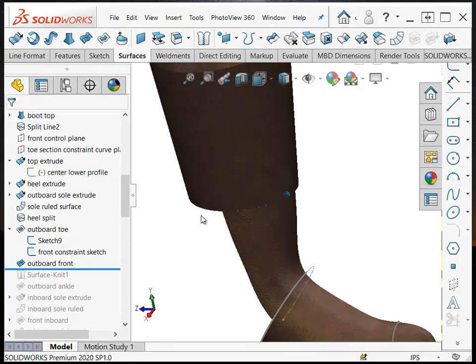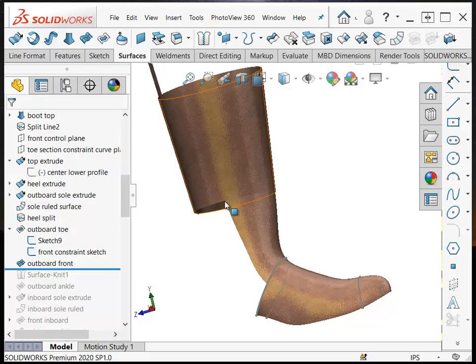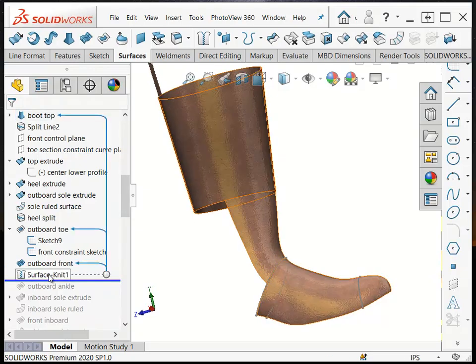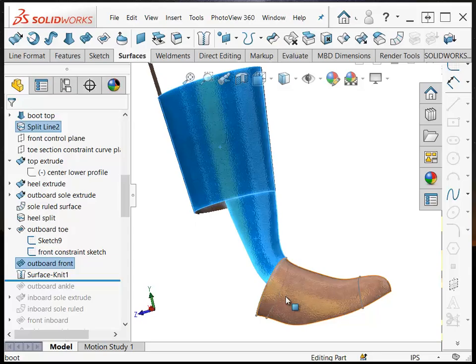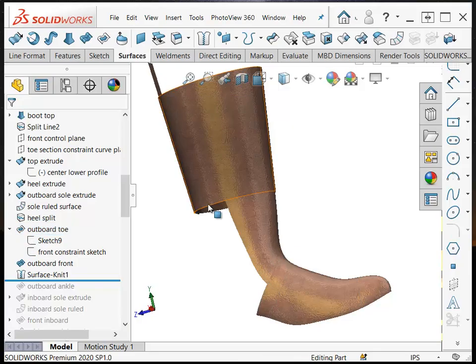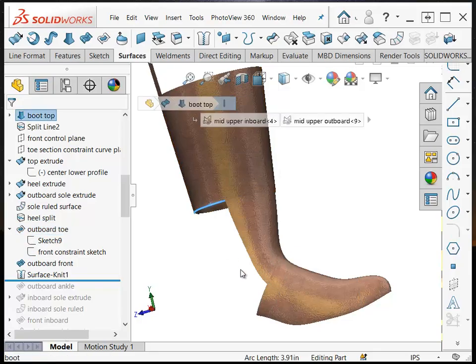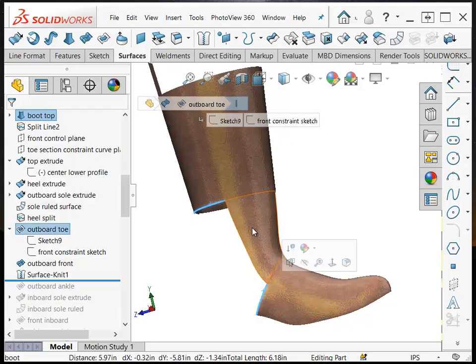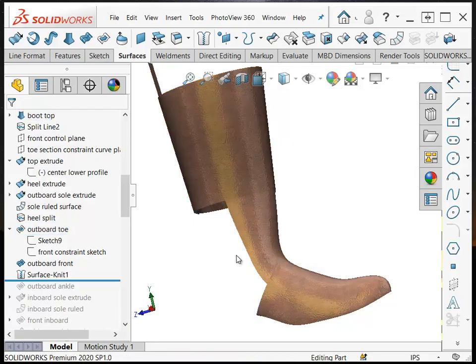Now, if I were going to also do this back side, then I'd have to do the same thing, but I'd have to be more precise, and I'd have to get that connector to line up exactly right on that. So I don't want to do that. What I'm going to do instead is use a knit. And I'll knit together the top of the boot, this front section, and the toe area. And what that does for me is that when I go to select this now, all I get is that portion of the edge. So knitting the faces together affects the edges,